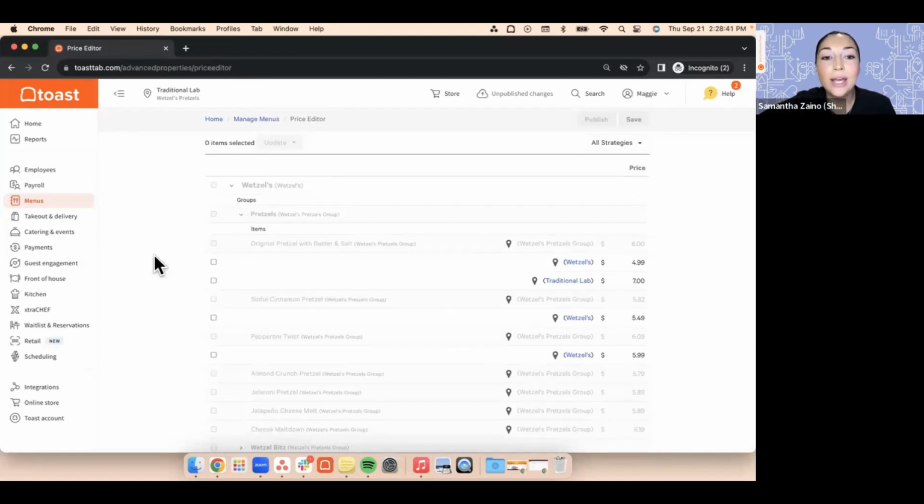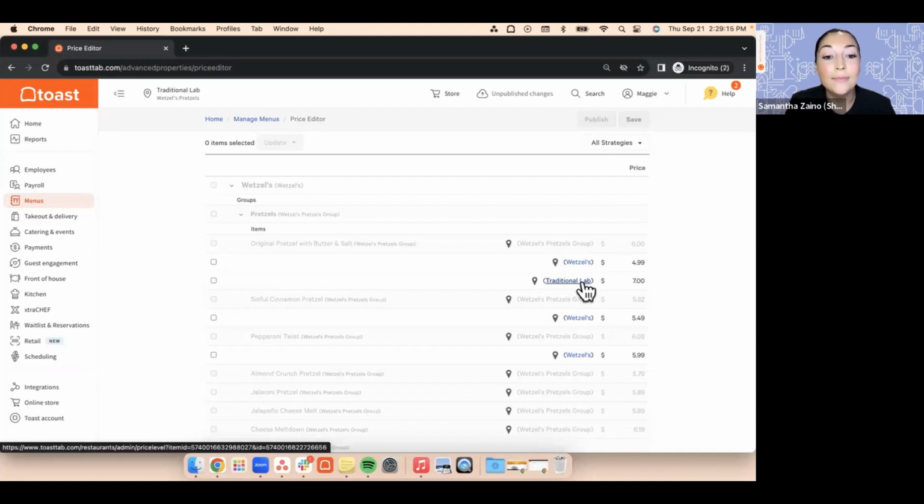So instead of going into each and every single item and adjusting the price, we have our price editor tool, which will save us a lot of time if we come in here and adjust the prices that we have access to. Like we saw with those tax rates, there are often going to be grayed out options in the back end of Toast Web that you don't have access to editing. In this case, we're logged in under a general manager, Maggie Manager, and she has access to adjusting